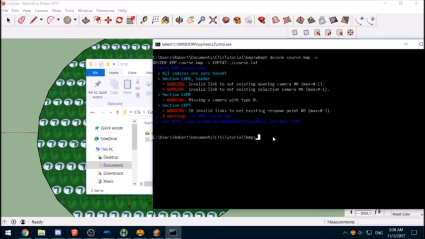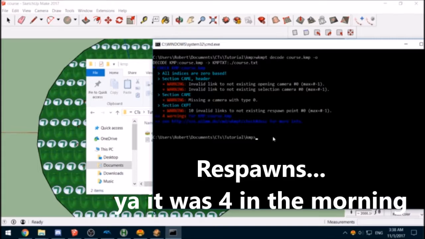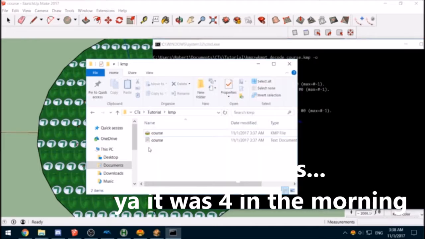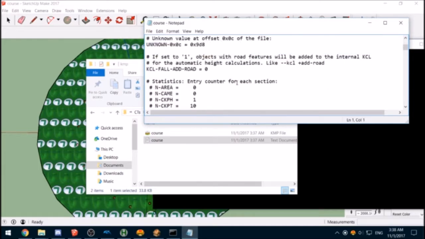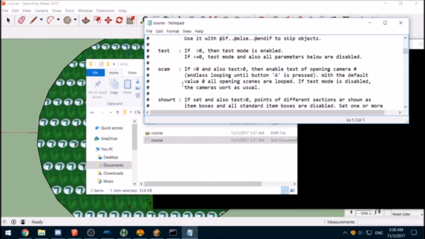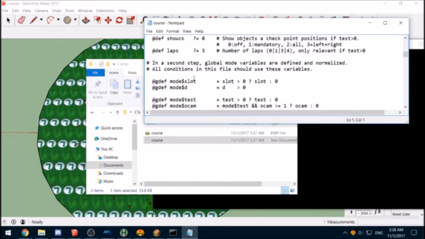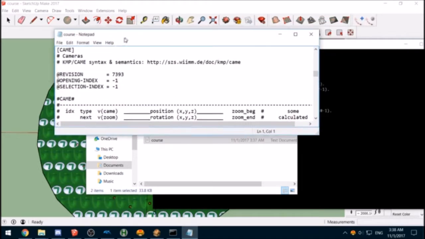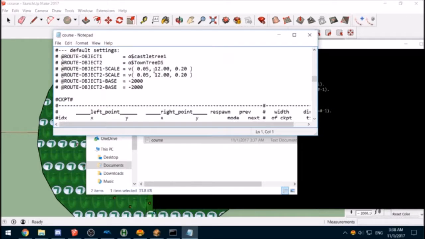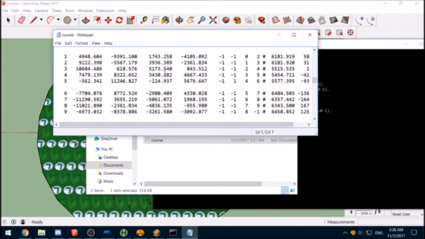Now what we want to do is encode it, but we want it to automatically add checkpoints for us. To do that, you need to have your EMPT already set up and your checkpoint set up. Oh my goodness, you have a million things in here, but that's okay.